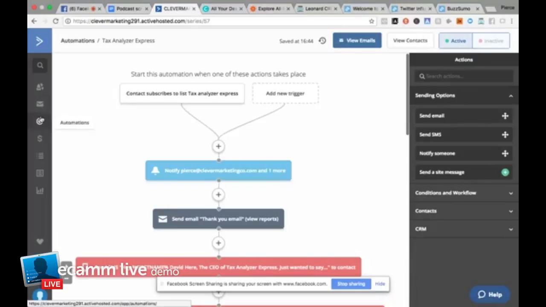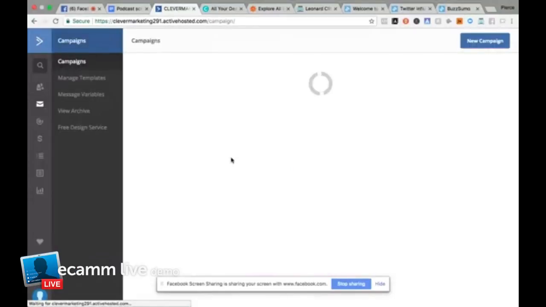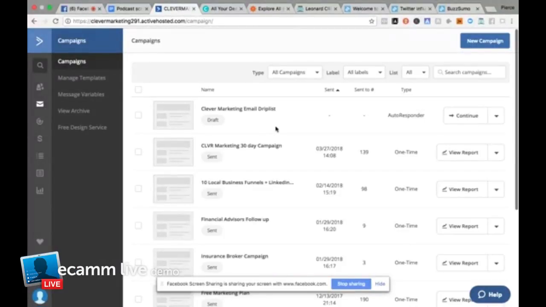And so I just want to clarify the difference between your automation and your campaign. Your automation is that kind of initial sequence that people are going to go through as they're opting into the list. A campaign, slightly different, is going to be similar. It's going to be an email drip list, but it's going to be for a list that's already kind of been completed, right? So not necessarily always the case, but let's say we finished this campaign for Tax Analyzer, and we say we're happy with the amount of